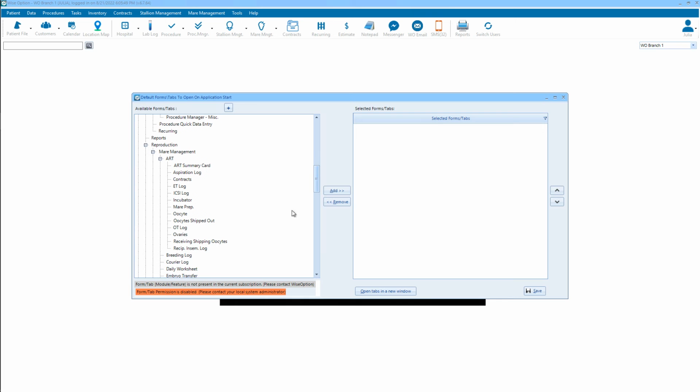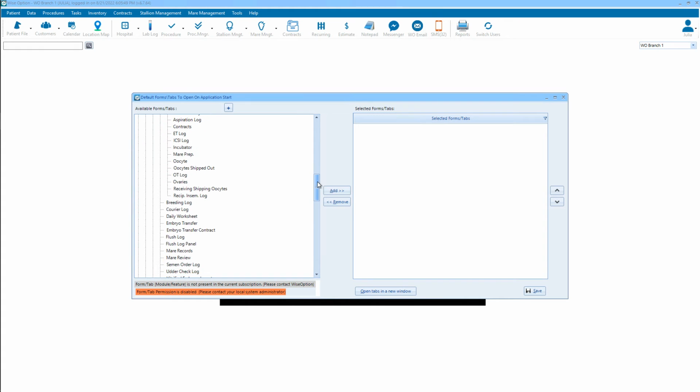If you, of course, notice any of them are grayed out, that means that it is just a part of a package that you are not currently subscribed to. And if anything is highlighted in red, that means that the system administrator has blocked certain access to certain forms. So just as kind of a little bit of navigational tools here, you can scroll through here and simply see